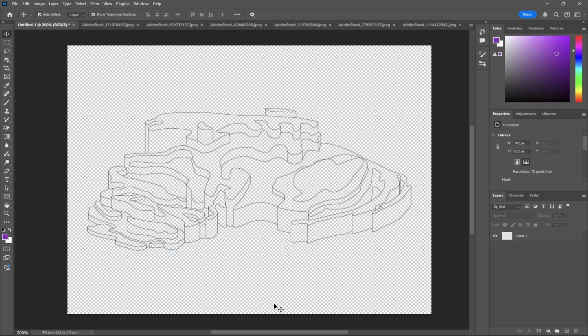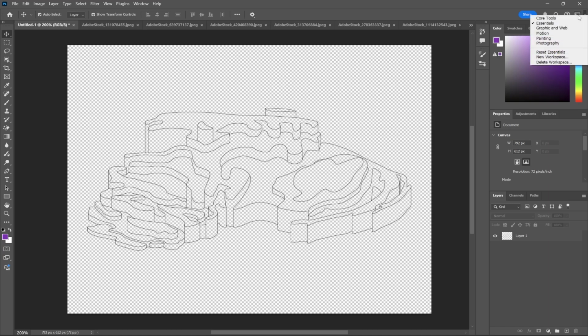Before I jump into everything right away, my Photoshop interface might look a little bit different from yours. If so, you can always go up here to the right and click on choose workspace and choose any different one you want. I'm just working in Essentials. Now to get started, I have my main lines here in layer 1. This is just going to serve as a template, almost acting like a cookie cutter for the other photos that I'm going to bring in and select and cut out and delete.